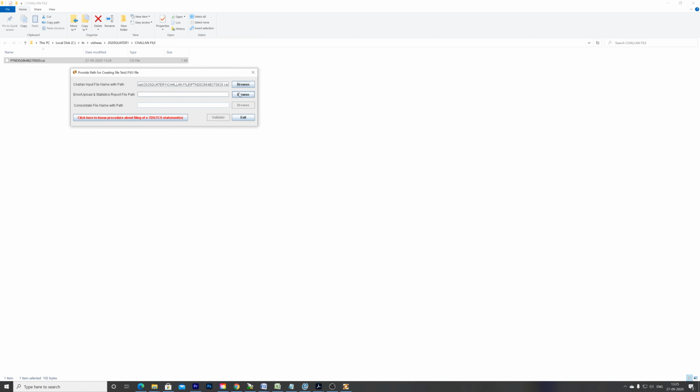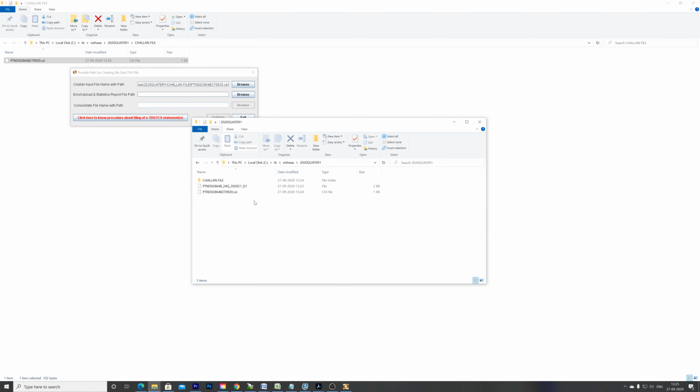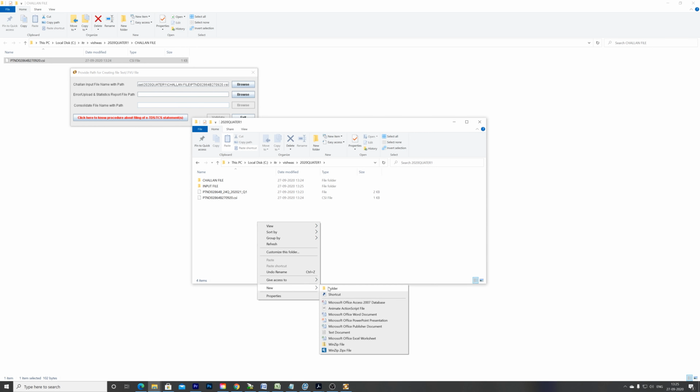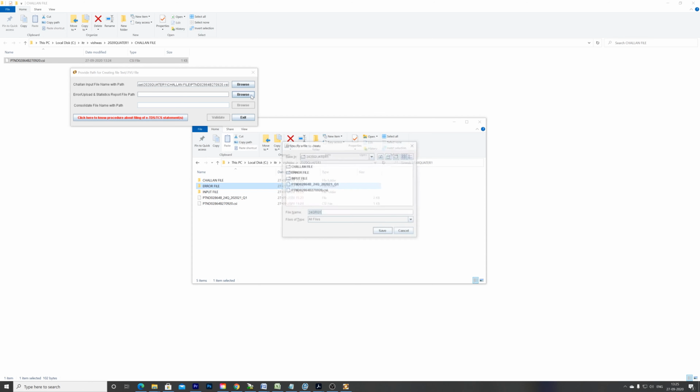Now the path where you want to download your input file. So let me mention input file. Then you have to make a folder for errors also. Error file. So I'll put it as error file, save.